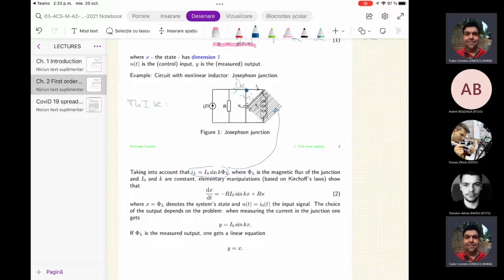Kirchhoff was born a few days ago, actually. Two days ago should have been his birthday, by the way. Great physicist. Anyway,